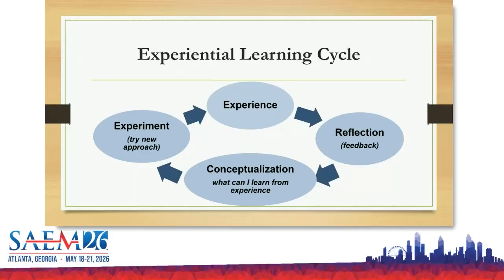We talk about the experiential learning cycle a lot in simulation. For those of you unfamiliar, in simulation, we're simulating an experience. We want you to have an experience. Then you reflect on that experience and reconceptualize how you want to approach it differently. And then you're going to experiment with new ways of approaching. This means that you have to be comfortable reflecting, being critical, and admitting that you're wrong. And then having that moment to reconceptualize and re-experiment with new ways that, again, might not be exactly right. This is why you need that psychological safety, so you can really engage in this experiential learning.